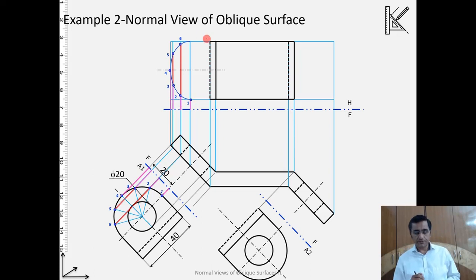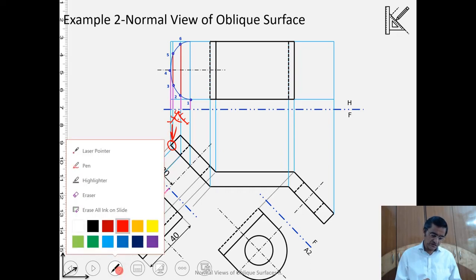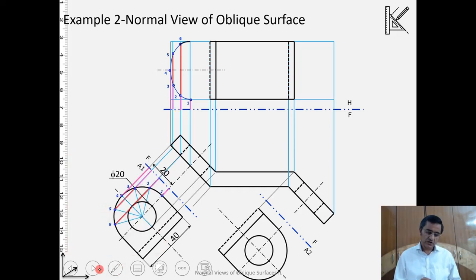Now one thing here, at this stage, will this arc be hidden or visible? So what is this arc corresponding to? This arc is corresponding to the arc here in the true shape, while this is being projected on the frontal, and that's the one. Corresponding to this, I am drawing it. So if you see it from the top, that is how you are seeing it. You are seeing it from the top. This is visible to us. It's not hidden. So this arc will come as a solid line. So let me make this solid line.